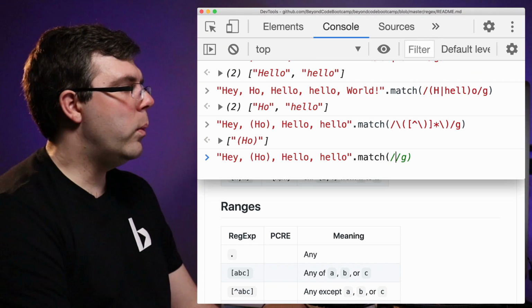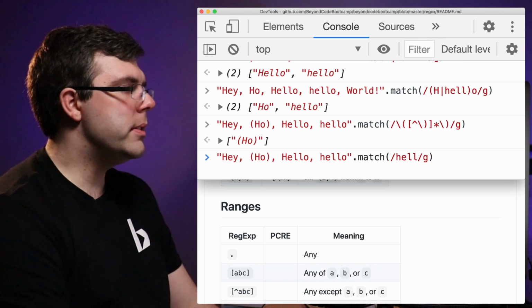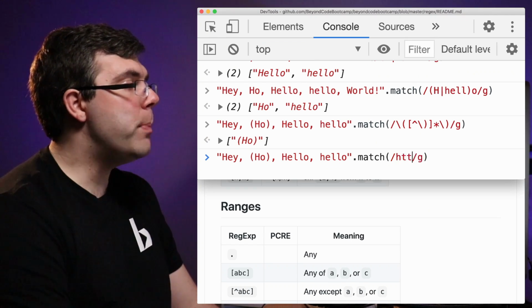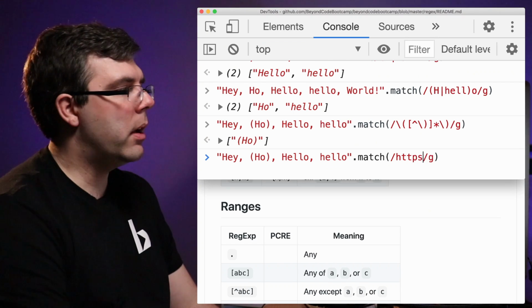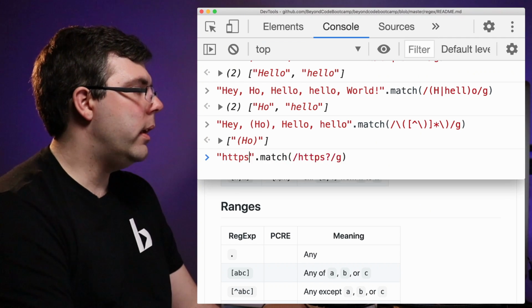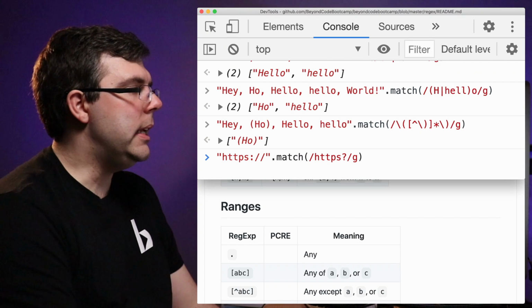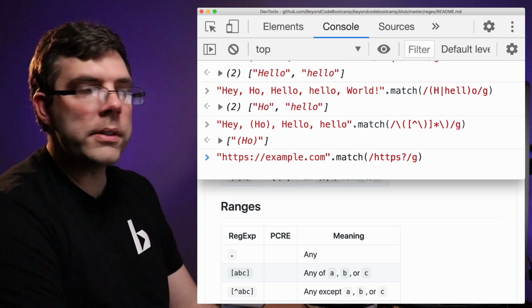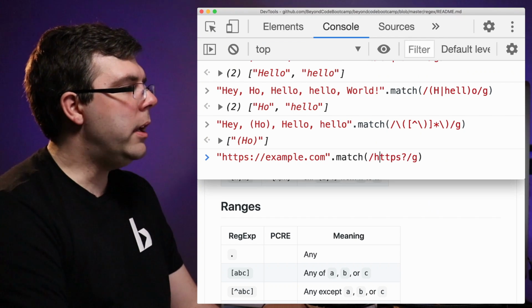But let's say that we want to match both the words hell and hello. Actually, a much better one that I use all the time is say we have a URL and we want to match both secure URLs and insecure URLs. I could use